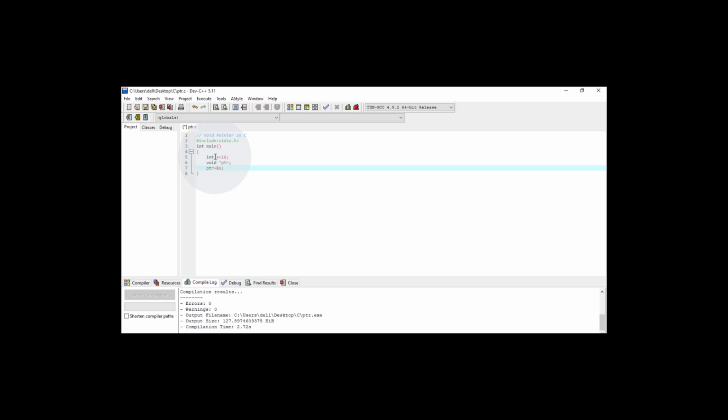Now this pointer variable will have the address of the variable x. Now I would like to display the value of the variable x using the pointer.